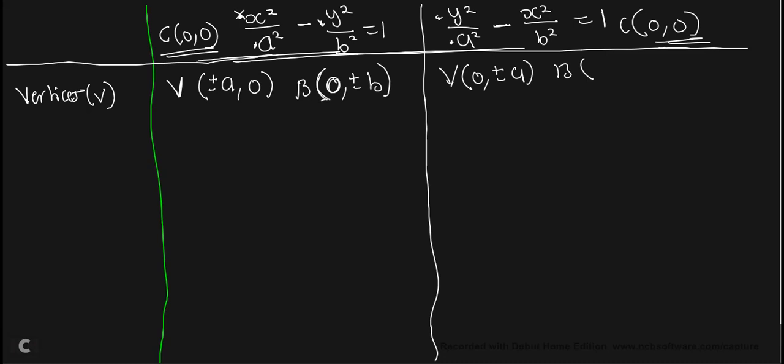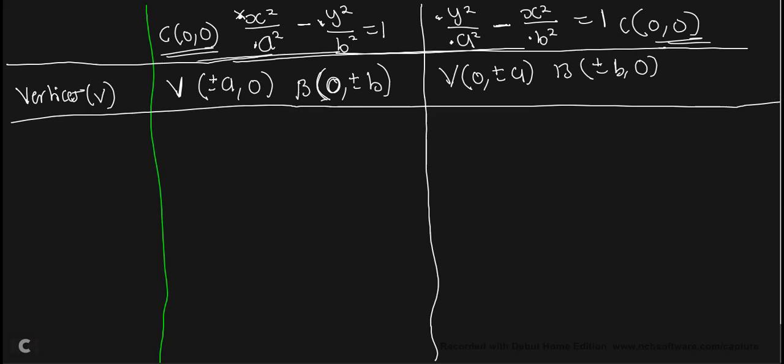Then your b in this situation, this is your b, and it is on the x-axis, so it will be positive or minus b comma 0. So this is how you write your vertices. Then the next one is to write what we call the